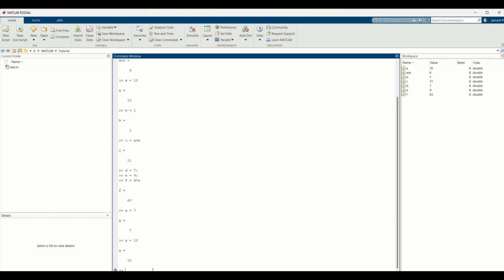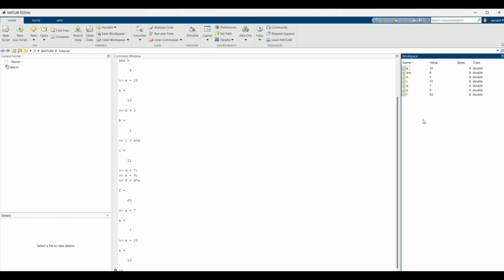But I wanted to save those variables because I did some computations that I wanted to use later. I wanted these variables to be used in another program. So how will I do so? In order to save my workspace variables and make sure that they are not lost when we close MATLAB, what I will do is save those in a file.